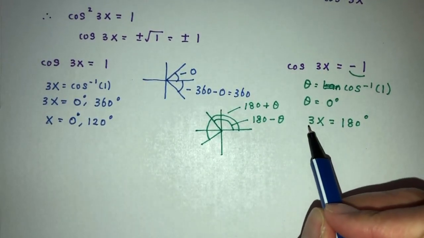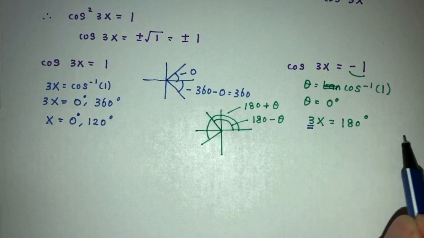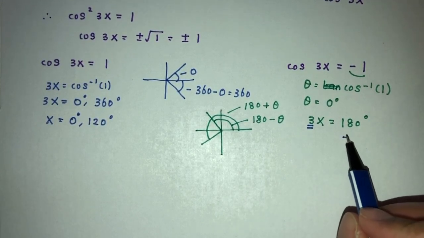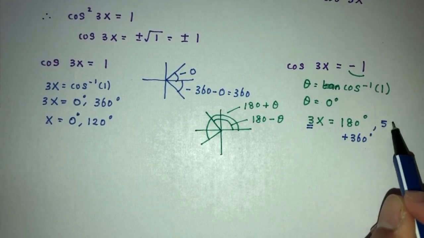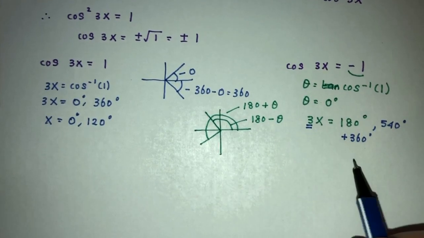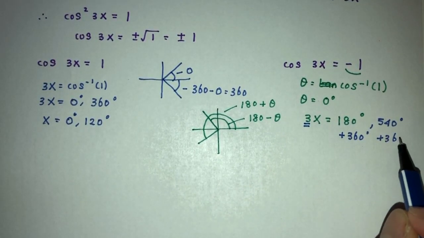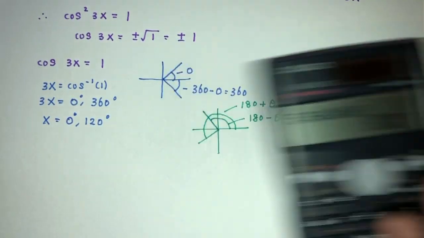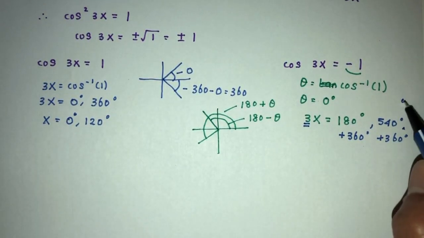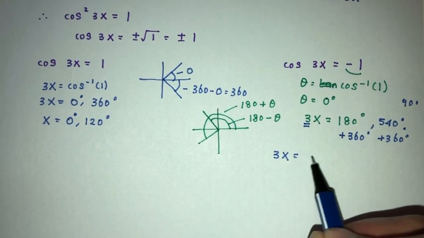Now, because we have 3x here, we have to check what are the other possible values after this. So we have to try to plus 360. That will be 540. And then we can try one more time because of the 3x. Let's see what we may have. So 540 plus 360, that will be 900. So basically, I am just testing so we don't miss any values. That is 180,